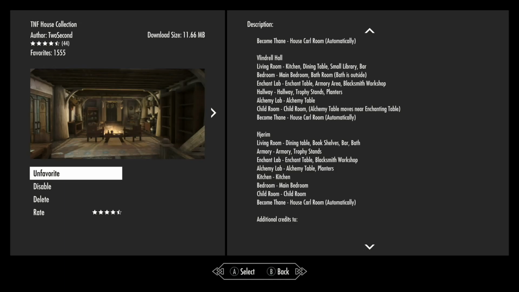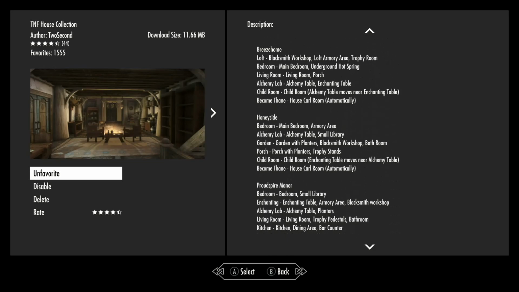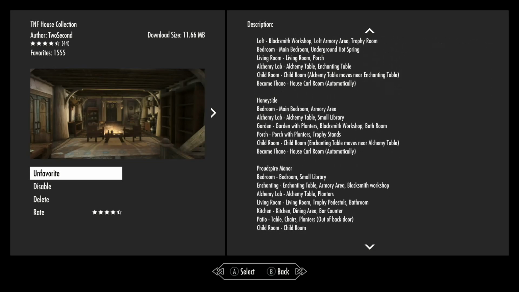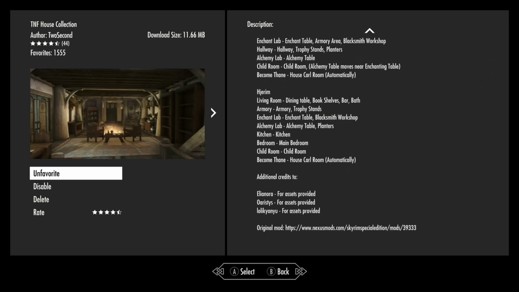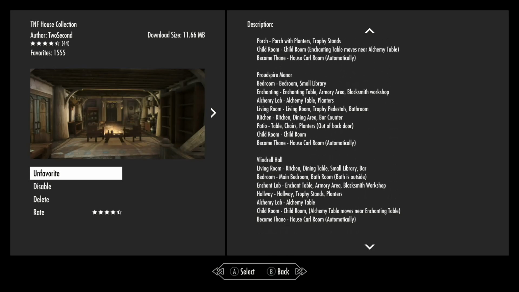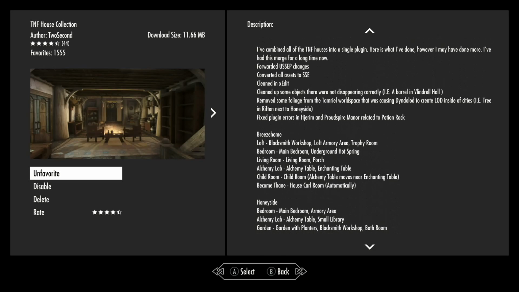Now, she couldn't get into Hjerim, and I didn't want to go through the quest and all that. But just looking at the other houses and knowing that they were all very nice, I mean, that was 4 of the 5. I don't think it's any stretch to say that the 5th house is going to be very nice and very good too. So I'm just going to go with that and leave it at that. That shows you 4 of the 5 houses. You can get these houses individually,